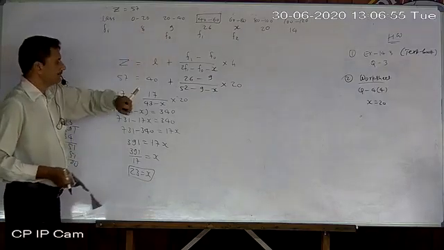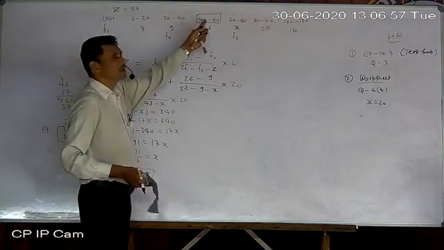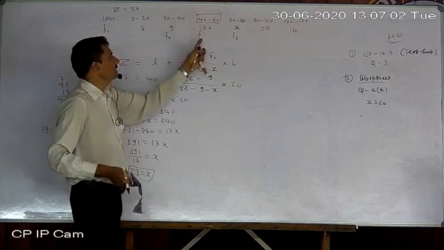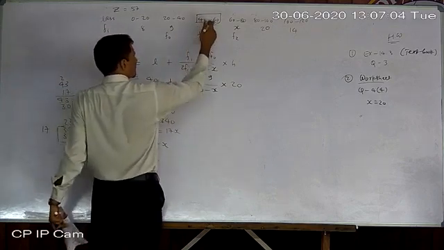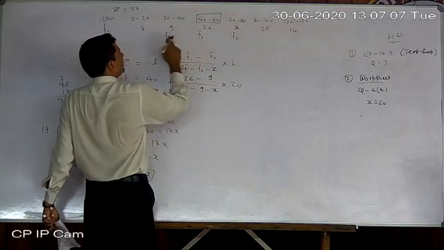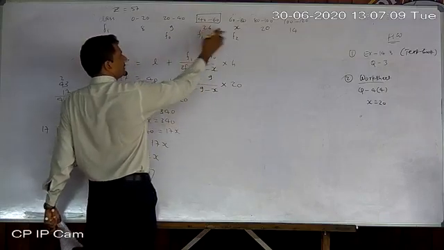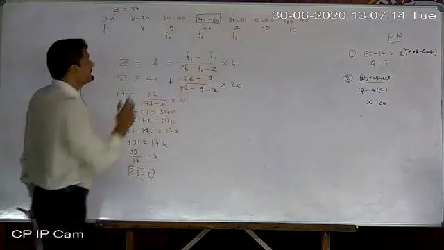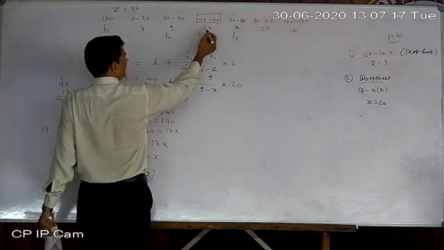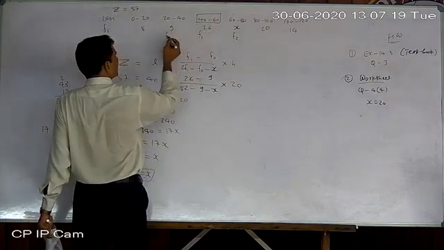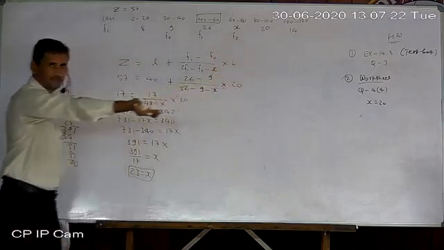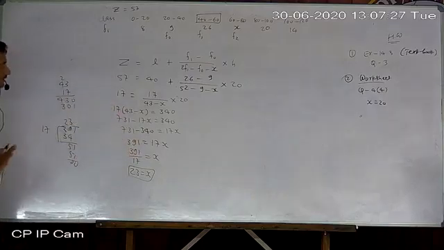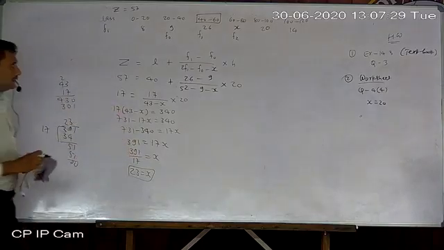No need of a table. Mode is given, which means the modal class is given. According to that, frequency of the modal class is F1 only. F0 and F2: don't say which is biggest, because you don't know whether 26 is biggest or X is biggest. But according to modal class location, you can say F1 is 26, so F0 is 9 and F2 is X. Now place all values and simplify. How to simplify that, you know here. Very simple.